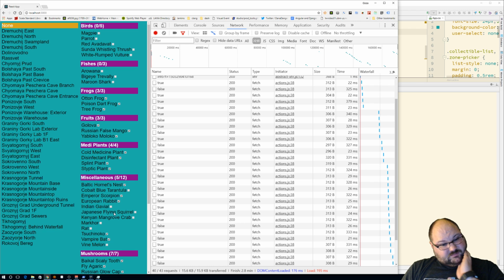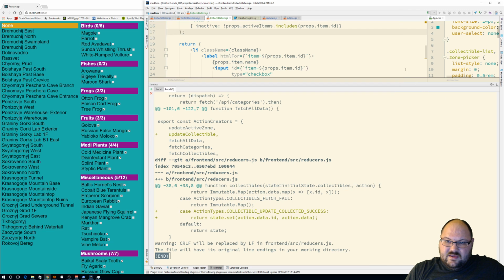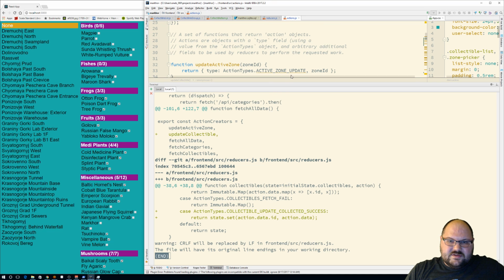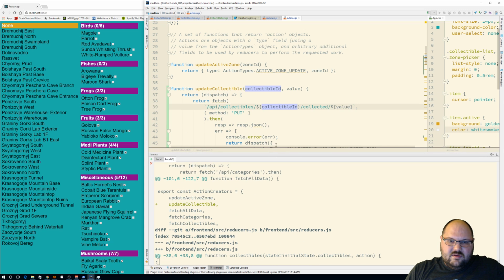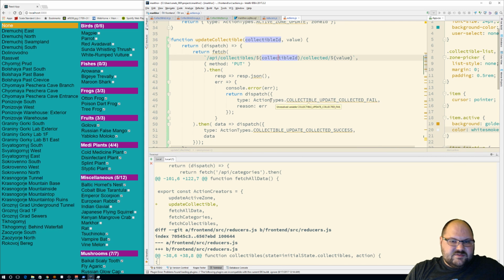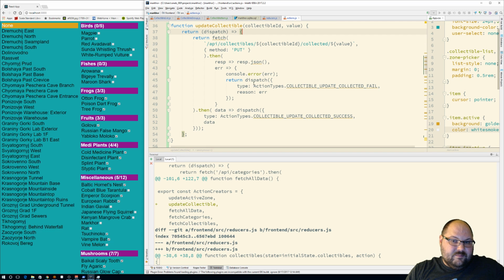But anyway, part of my idea was to basically, as part of the action flow during this update collectible, dispatch an action that would say, okay, this specific item is pending a change, and I could dim it out or disable the input or something like that while it's working, and then I can release it at the end. And that's something I think I would like to do,